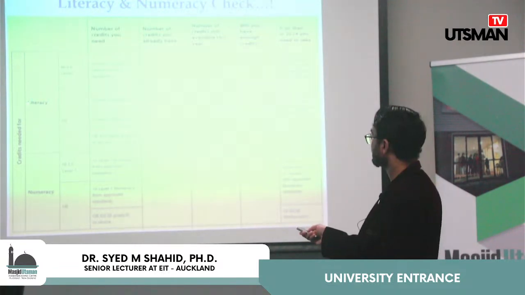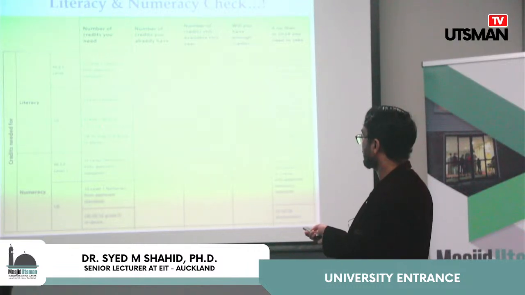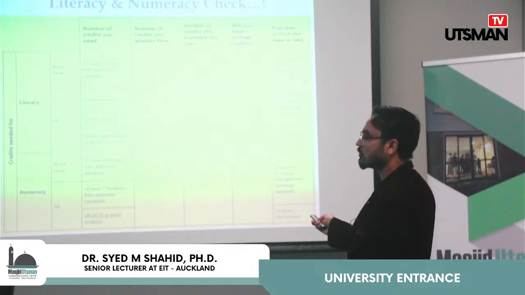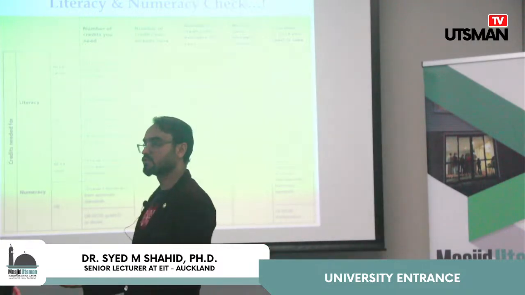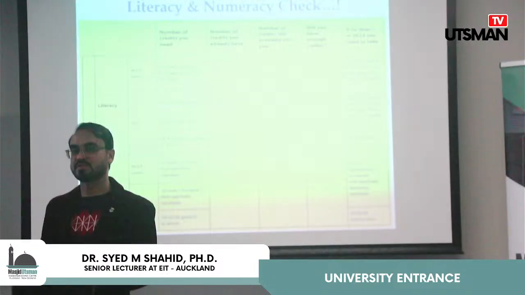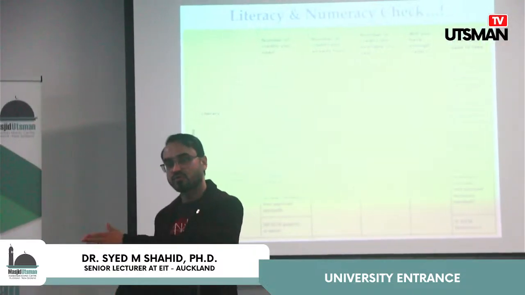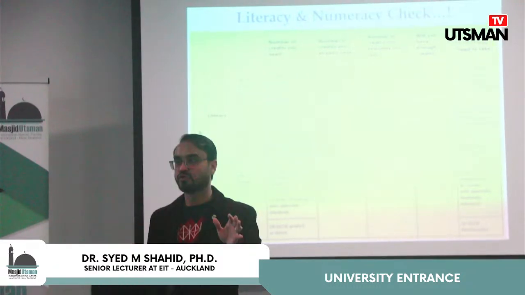So literacy level 1, 10 level 1 credits, university entrance 5 level 2 reading, 5 level 2 writing or AS English E grade or above. Now you need to include, there are different assessments. Some of the schools provide you 5 assessments, sometimes they provide you 10 assessments, every assessment has different credits. So by passing through those assessments, you need to calculate whether your son or daughter is achieving 10 required credits